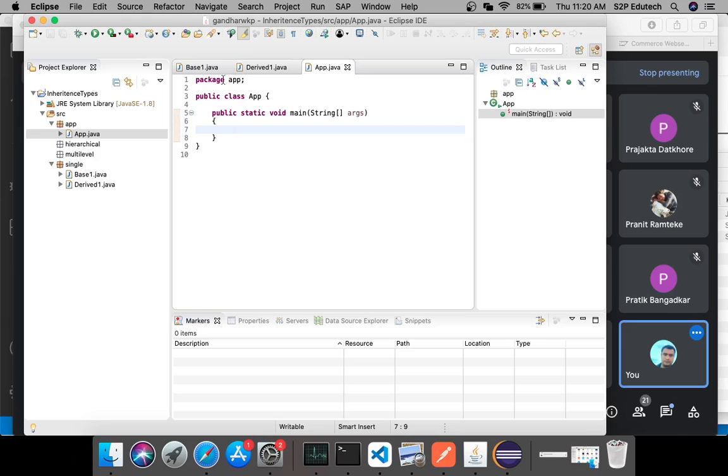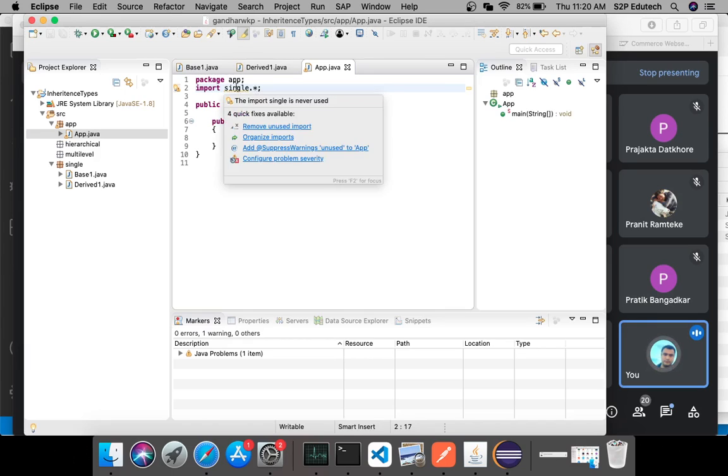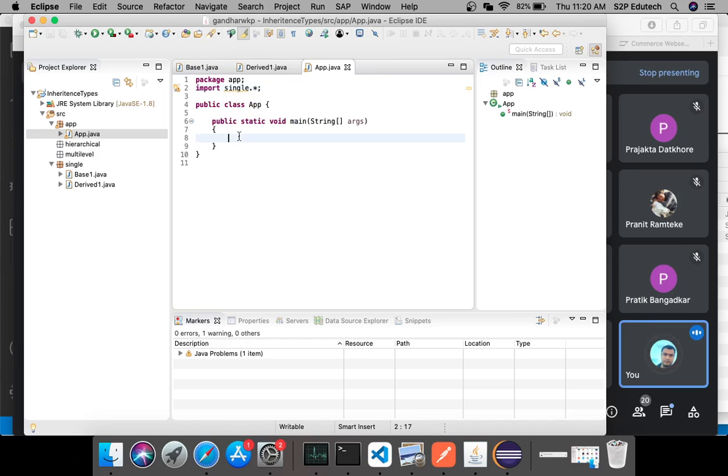Now in this main, first I'll import the two classes. There is another way to import all the classes of a package. You can simply say import single dot star. This will import all the classes of the single package, so we don't need to give the name of each class.